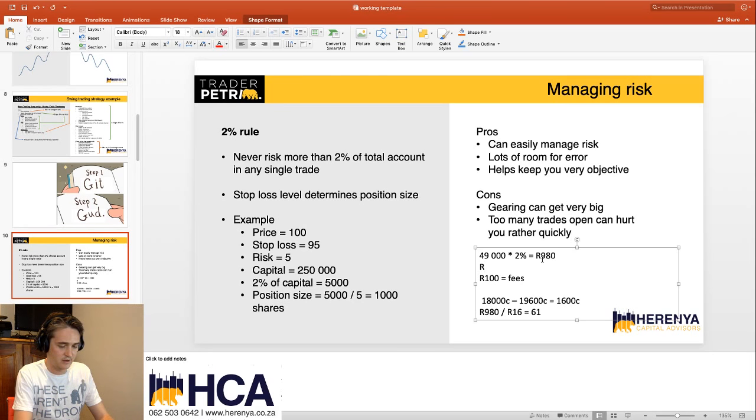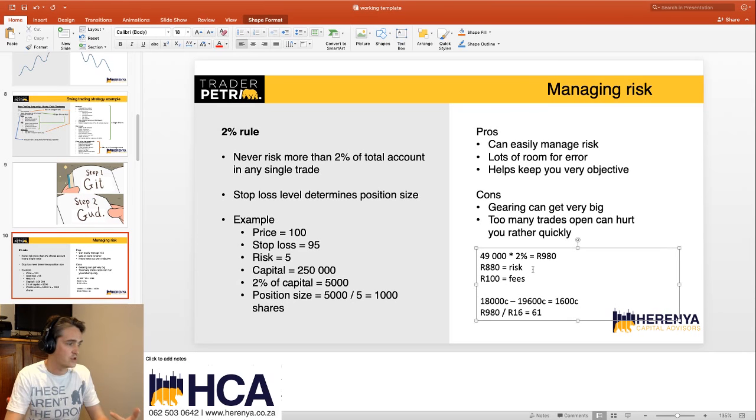So 980 Rand equals risk, and 100 Rand equals fees, to get in and out of this trade. What we don't want to do is risk 1,080, because that's more than 2%. So we have to adjust the risk to 880 in order to pay the 100 Rand fee. Now, in order to compensate for this, we know that we are taking 16